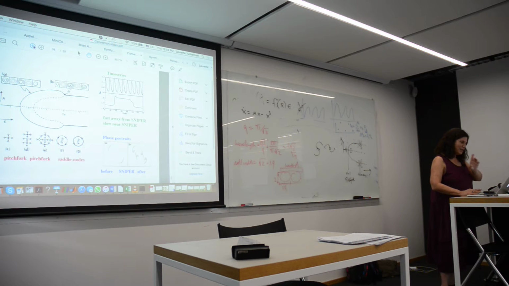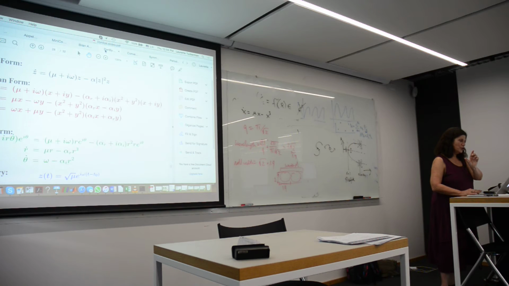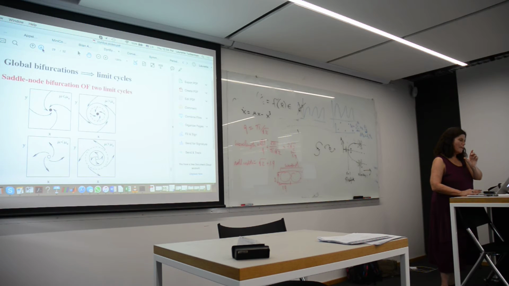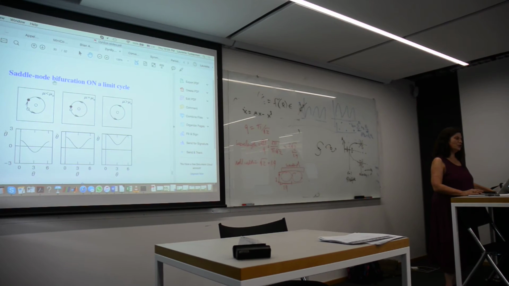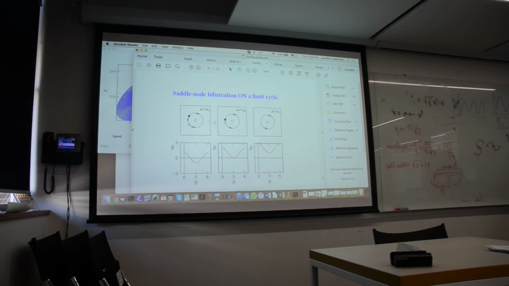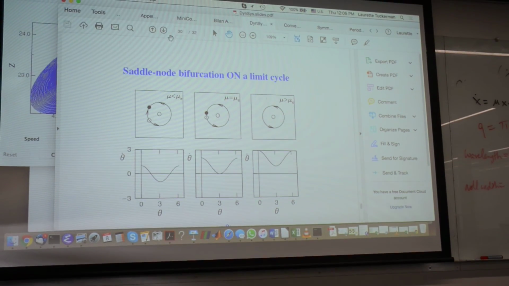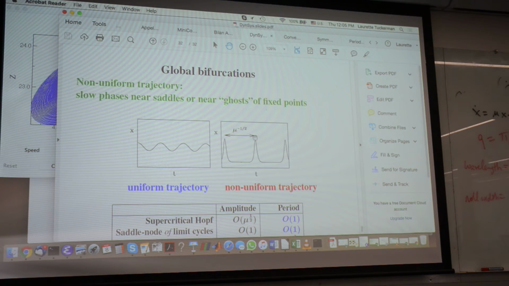And now, let me get to something. Just the last tiny mathy thing, and this I really do want to get to. You remember we talked yesterday about certain bifurcations. We talked about a bifurcation that was capable of making a limit cycle that was not a Hopf bifurcation, a saddle node bifurcation on a limit cycle, right? And we said that there were steady states here, and then they ceased to be steady states, and you had a limit cycle. And you remember I said that the way you knew it was because at the onset, the period was very, very long because it remembered it had been in a stable state and now it stopped having a stable, steady state. Okay, so in convection,